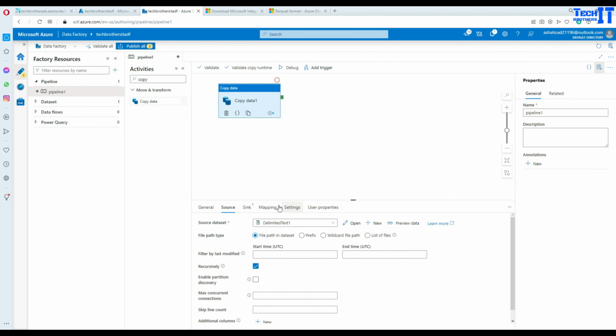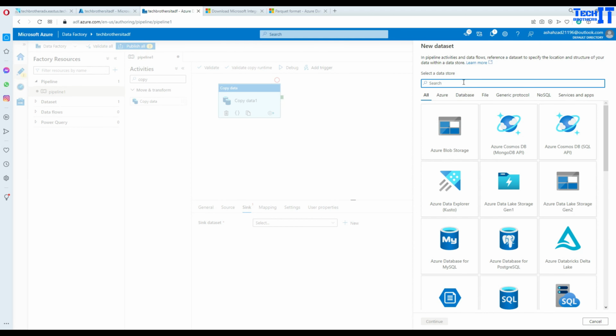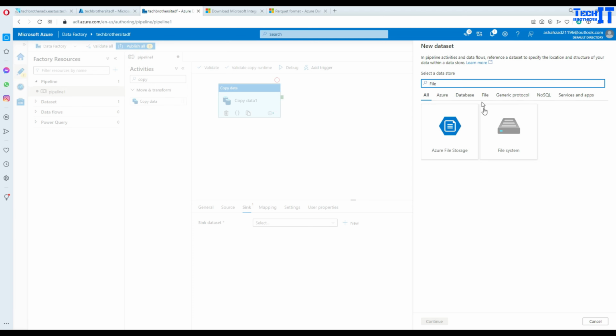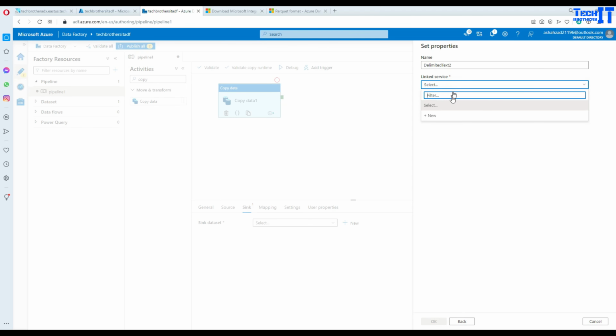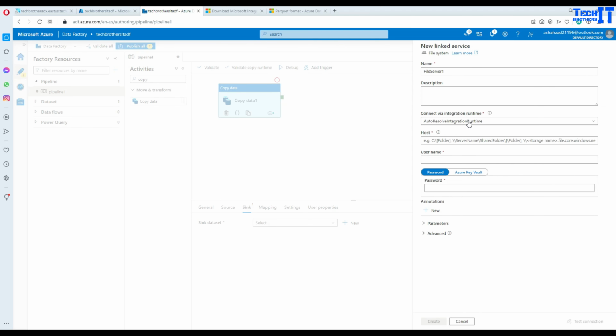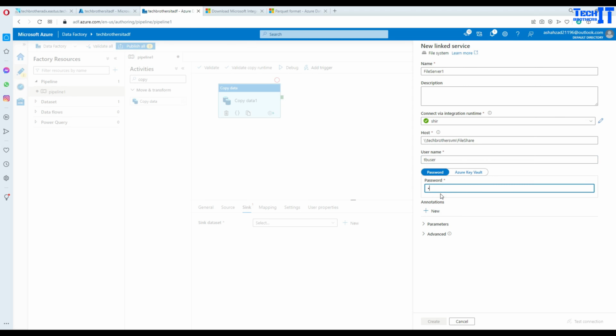And what we will do in the sink, we are going to create a new data set, and here I will say file system, sorry, and that's where I will be creating the CSV file as well. So now in the new, you will provide the integration runtime. That's a self-hosted IR, that's what we'll use, and here I will use my server backslash my shared path, and here we will use a TB user. Now we will provide a password,